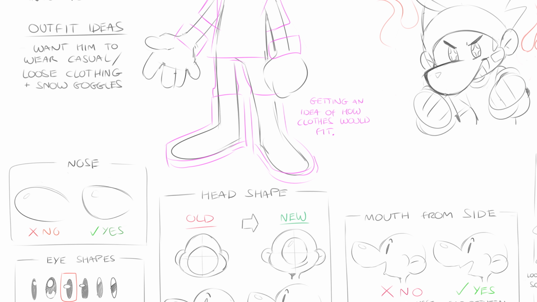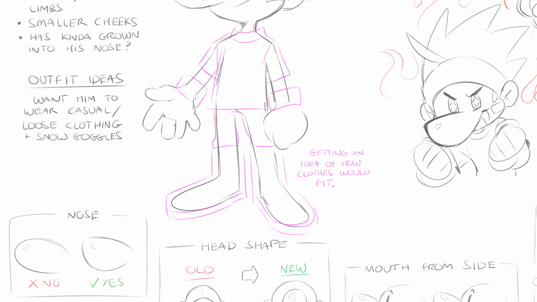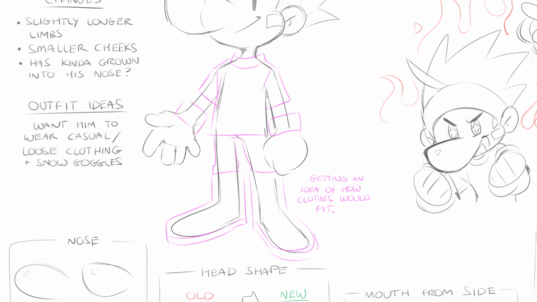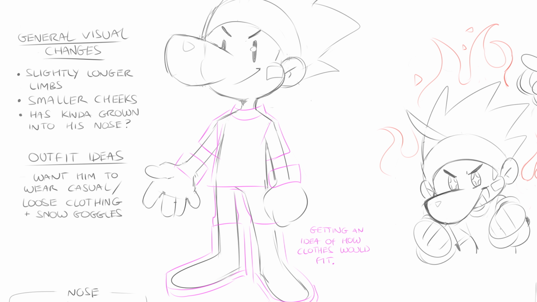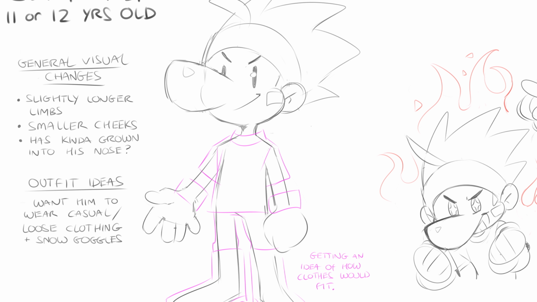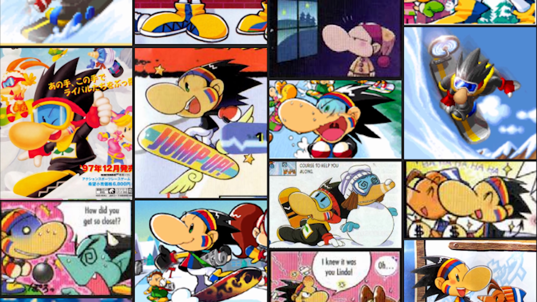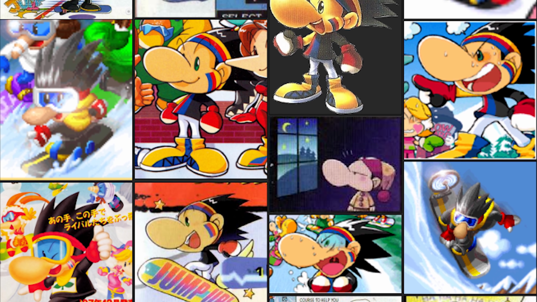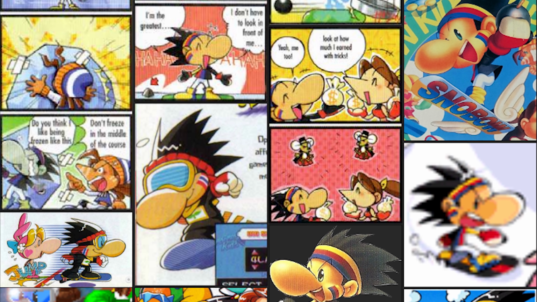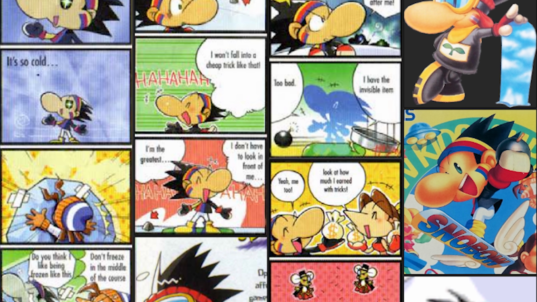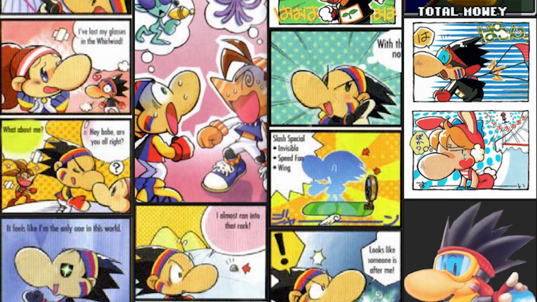Because of the 1 or 2 year time skip from the second game, I figured they could do with being a little taller, extending their limbs slightly, but mostly I wanted to focus on the facial structure as well, slimming everything, because in the original they have these really puffy cheeks and they're kind of stubby, and I don't think they even have necks. Yeah, in the original. So in terms of the actual 3D model as well,